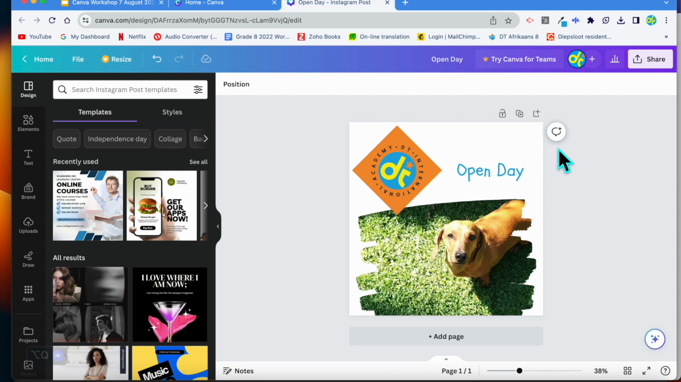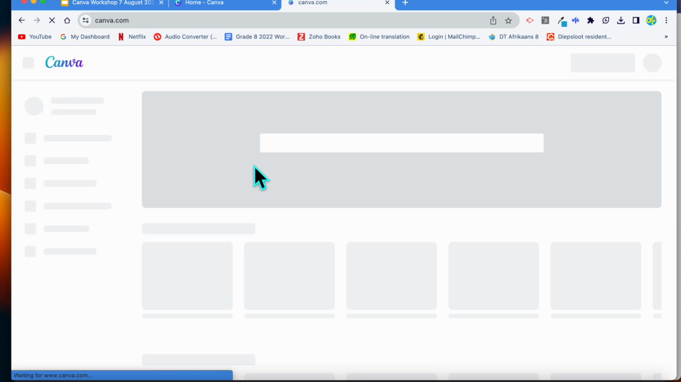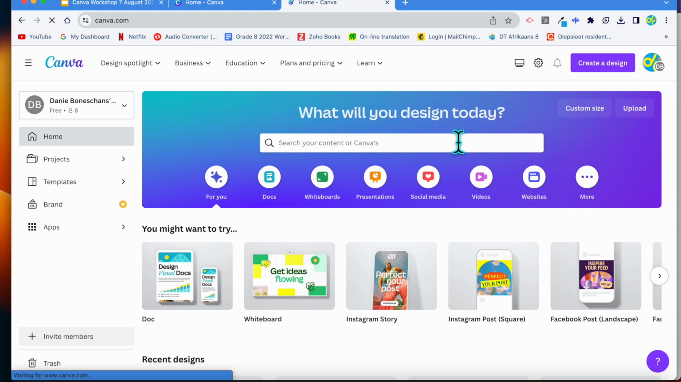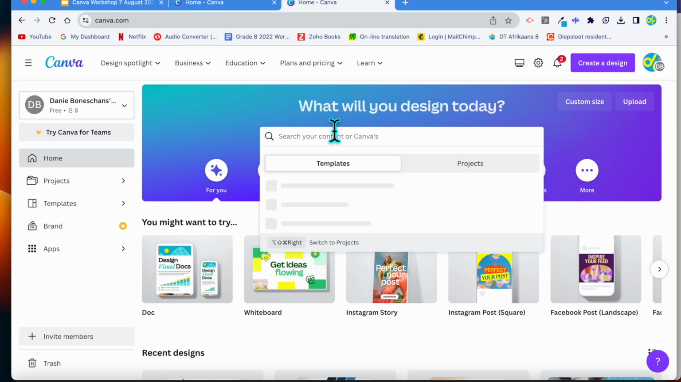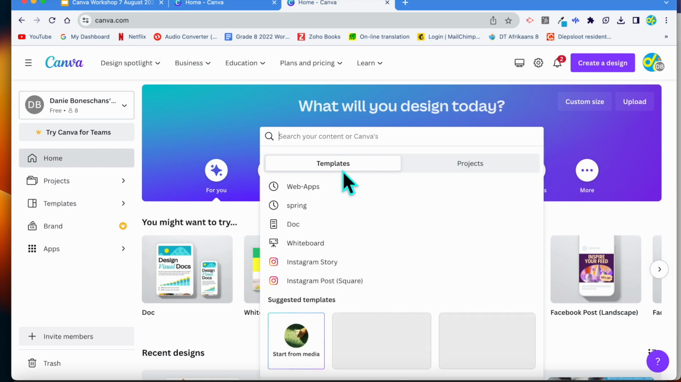But let's say you don't have time now to figure out alignments and stuff. Then you can also simply go and choose a template. So if you go back home, you'll see that at the top here, it gives you a search for your content or canvas. So you can decide you want to search some templates to give you ideas, or you want to search your projects or whatever the case may be. And you don't have to go choose those round buttons. In the past, I would just do this. I would say, under templates, not projects, templates, I'll say